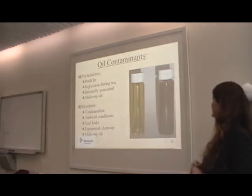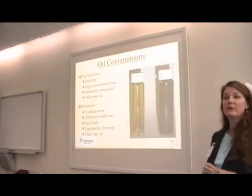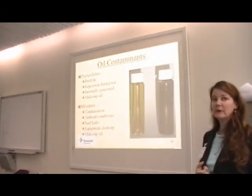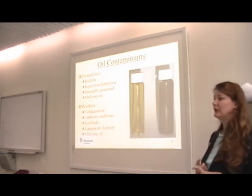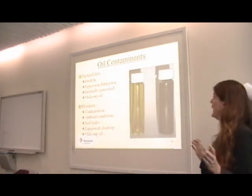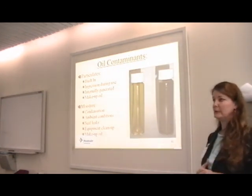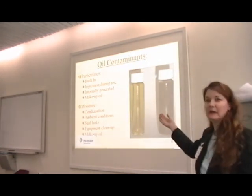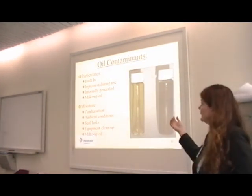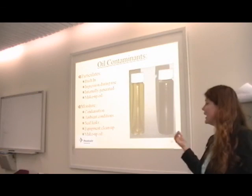So this is an example of used unfiltered oil and filtered oil. So the types of contaminants that we're removing with this system are twofold. You're removing the particulates, and how that particulate gets into the oil varies with the specific operation, how much the oil is pumped around, and what's actually happening in the machinery. Sometimes the particulate is built in to the oil, the makeup oil. Some of it is actually ingressing during the use of the machinery. Some of it is generated